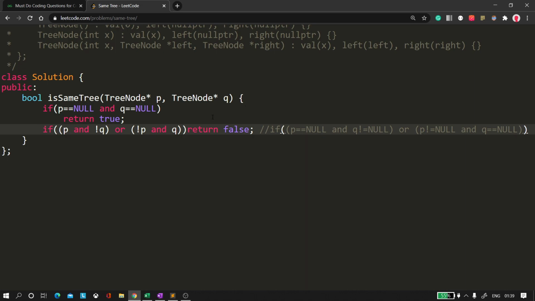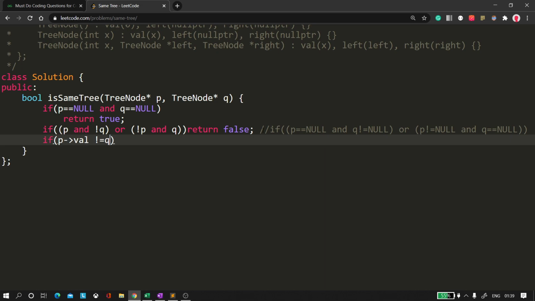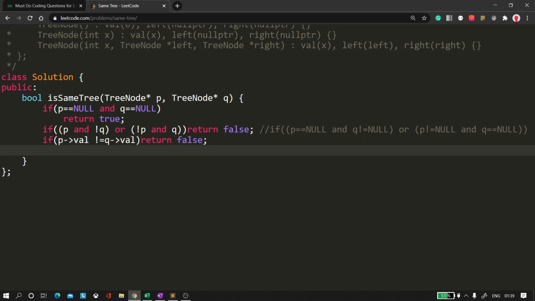So this looks better and nice, so that is why I have written it like this. Next we need to check if P's value is not equal to Q's value, then return false.